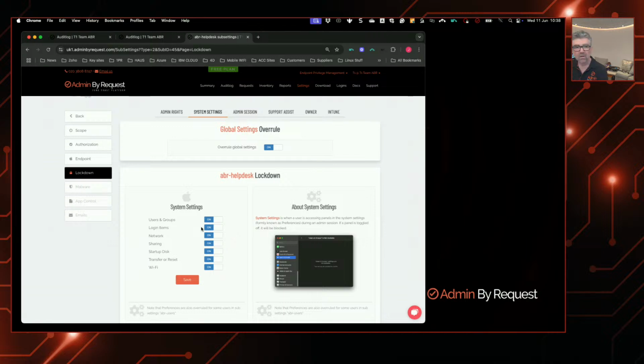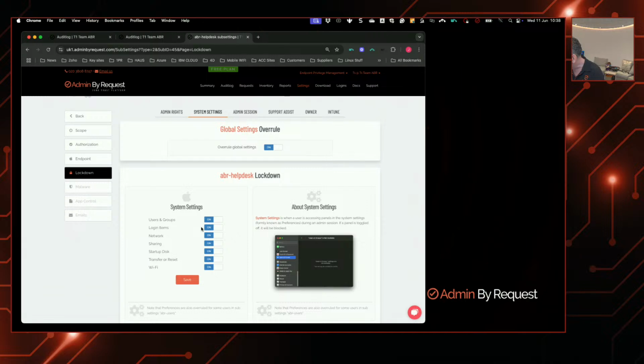Okay, so I can access these things because of the settings in lockdown for the support assist user. So if I just close this down and I finish the admin session and I finish the support assist,